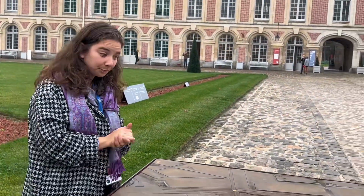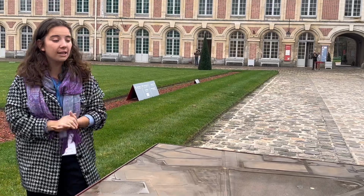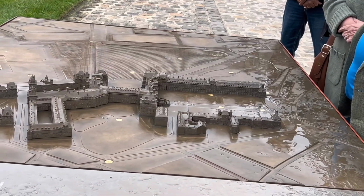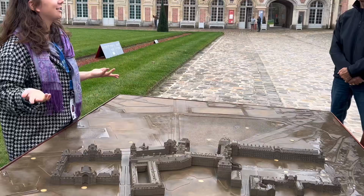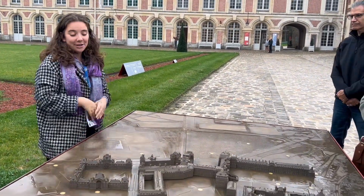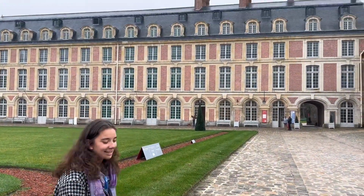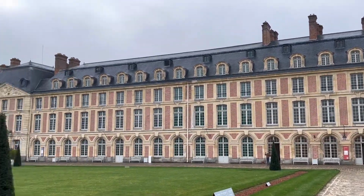to Fontainebleau as well. After Henry IV, we have Louis XIII, his son, that becomes King of France. He doesn't do much. What he changes is that staircase that we have behind. He gets rid of the old one and creates the unique horseshoe staircase that we have today. After that, we get Louis XIV. Louis XIV adds a level to the left side, and the little buildings on the side as well here to welcome more,